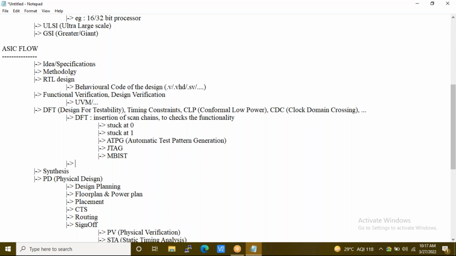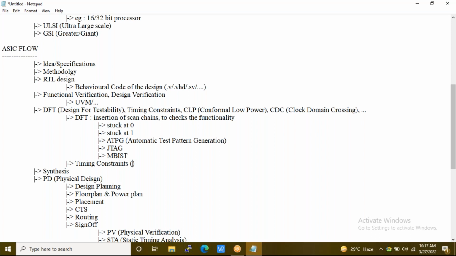For the chip to be working at that particular frequency, what all specifications do I require for timing? For the design to be working at 120 gigahertz itself, what all internal constraints or specifications required for timing have to be implemented in this particular timing constraints file.